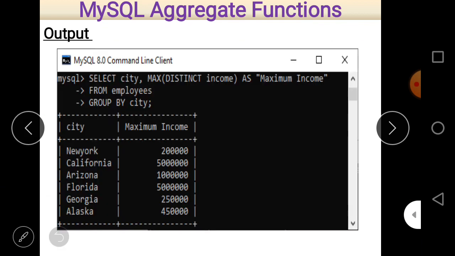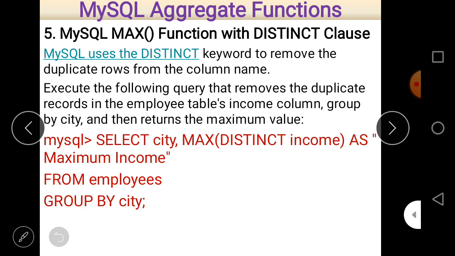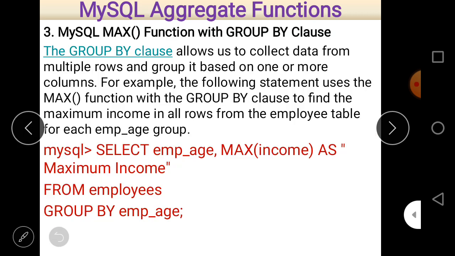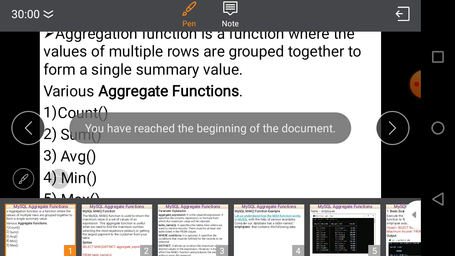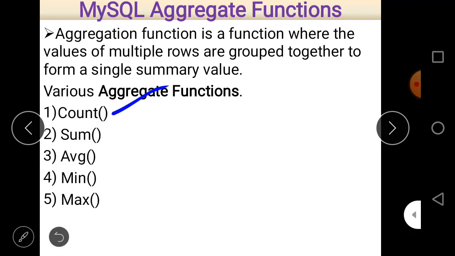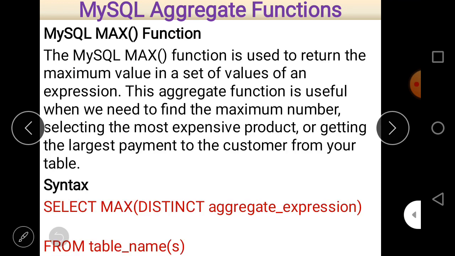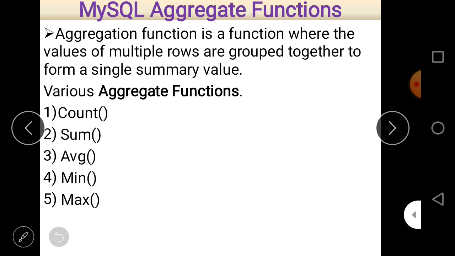Now all aggregate functions are over because we studied all of them, and let us take a quick revision. These are the COUNT function, which is basically used to count different aggregate expressions and values.